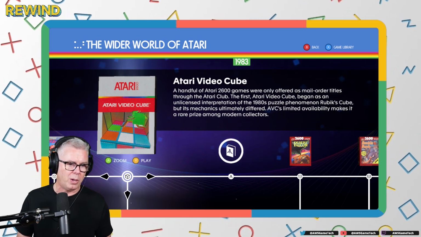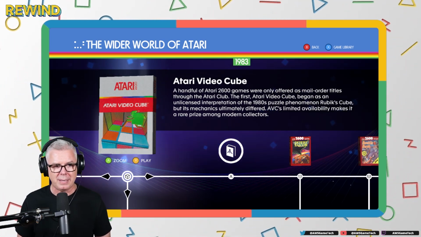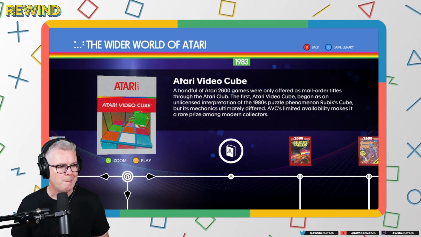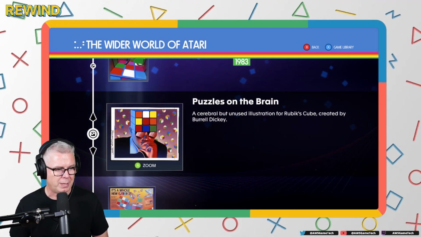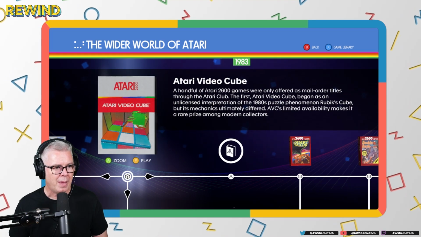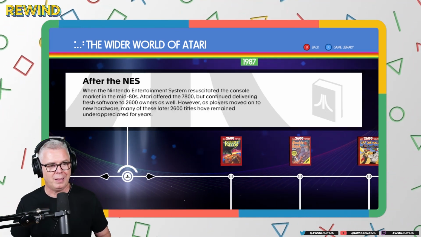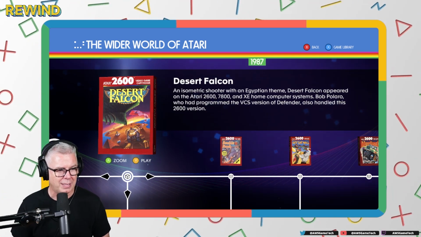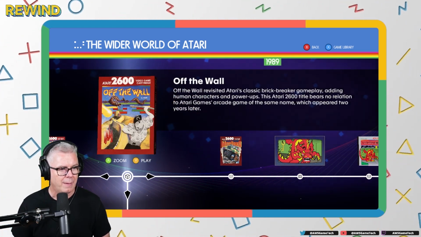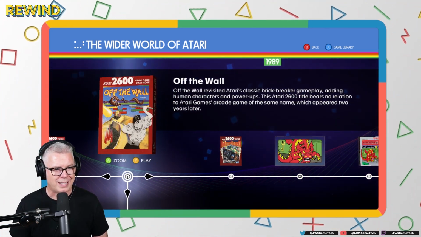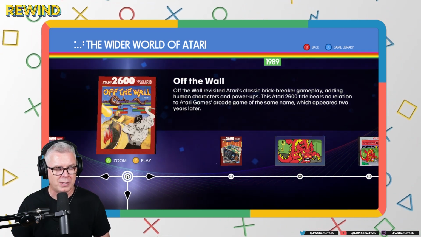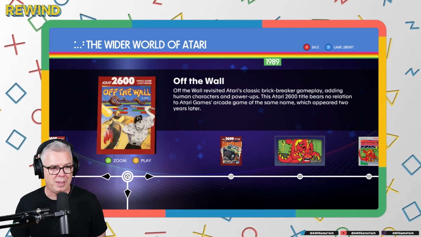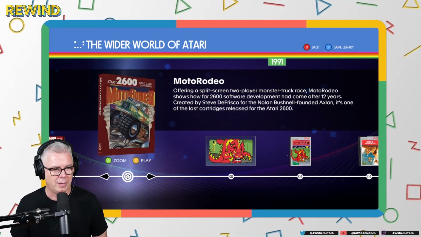The first Atari Video Cube began as an unlicensed interpretation of the 1980s puzzle phenomenon Rubik's Cube, but its mechanics ultimately differed.